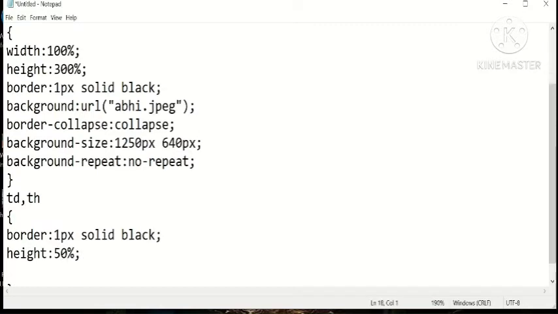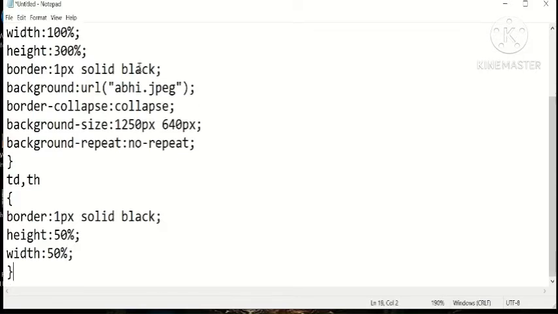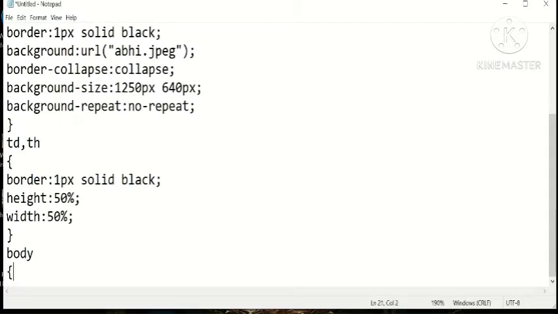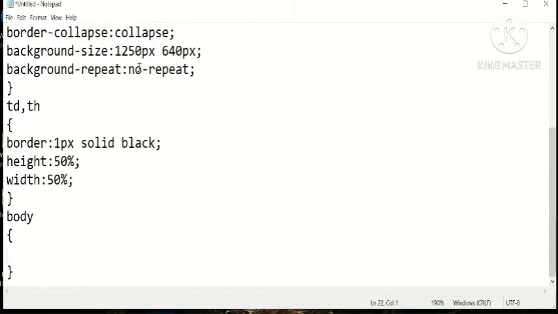Since TD and TH are a part of table, there are going to be certain issues and problems, as we will see towards the end of this lecture. Then we can have some styling effects for the body element of the HTML page. So this is the font family.